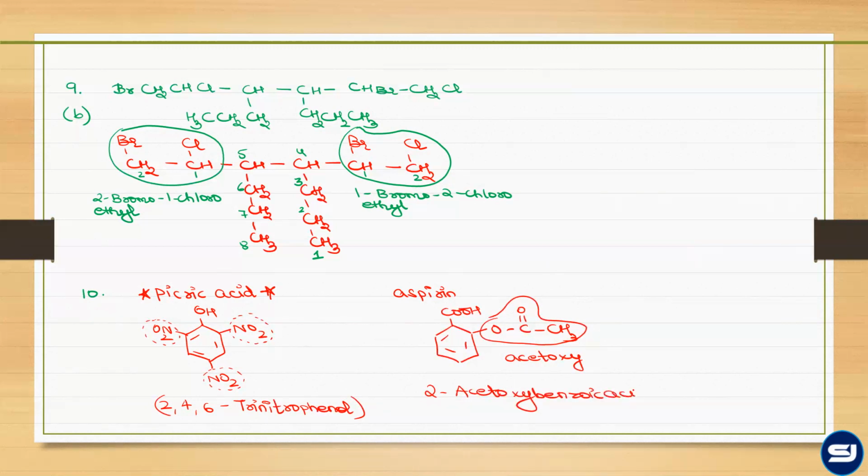Heard about aspirin? Yes, sir. Where it is used? For headache. It's an analgesic. Analgesic मतलब pain killer. So it's used in the form of the painkiller. Similarly, paracetamol भी इसी family में आता है, analgesics के family में. So aspirin is an aromatic carboxylic acid and it contains the COOH group.